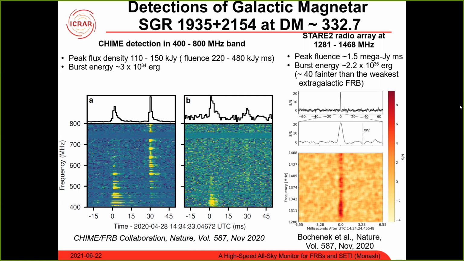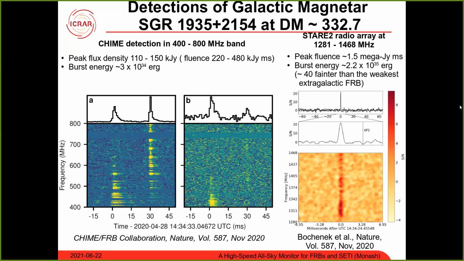However, this magnetar was also detected by SKA-Monitor at higher frequencies, and this with a huge fluence as well, of the order of 1.5 mega Jansky millisecond, and the energy of this burst was of the order of 10^35 ergs, which is just 40 times fainter than the weakest extragalactic FRB. So it's not really much that is needed to actually reconcile these energies from galactic magnetar signals to other FRBs observed